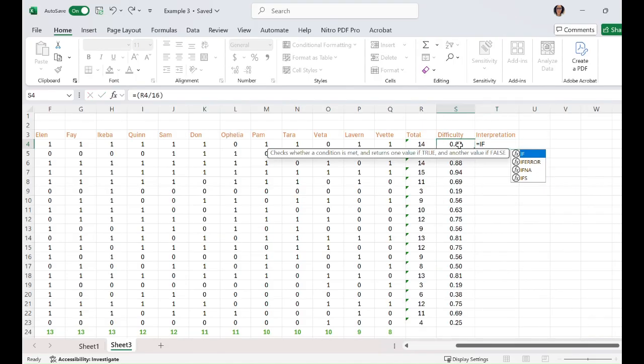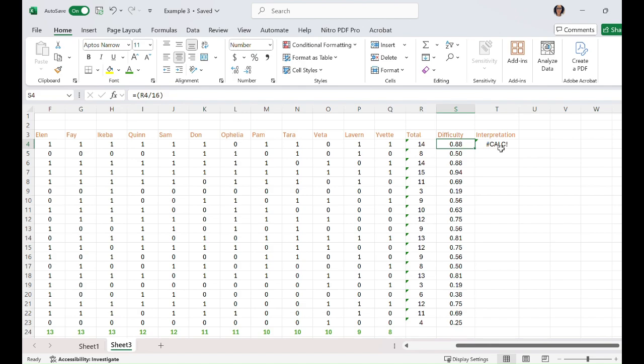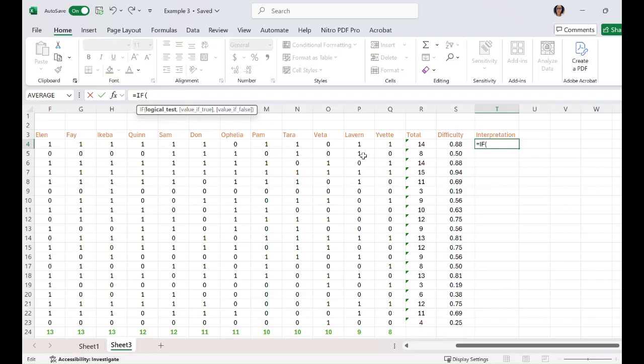If open bracket, the difficulty level here is greater than or equal to 0.76, comma, then we open quotation mark, we say this item is very easy. We close quotation mark, comma,